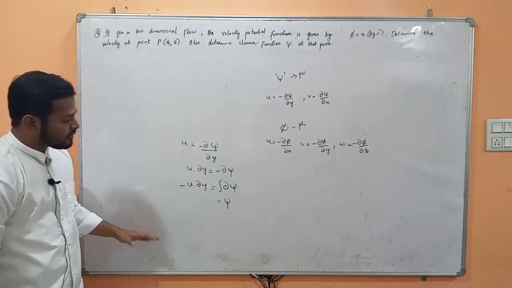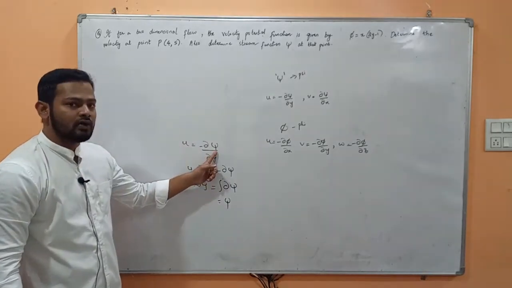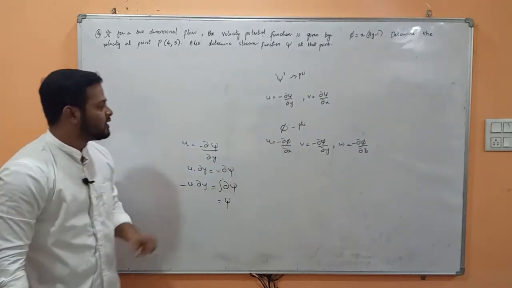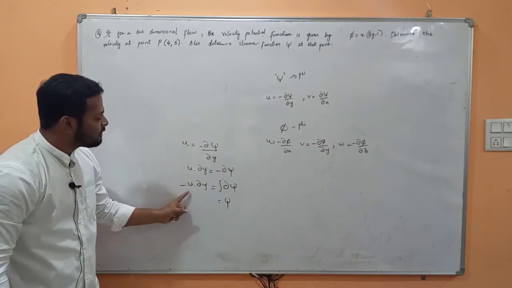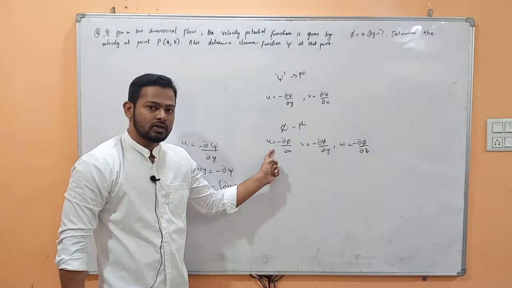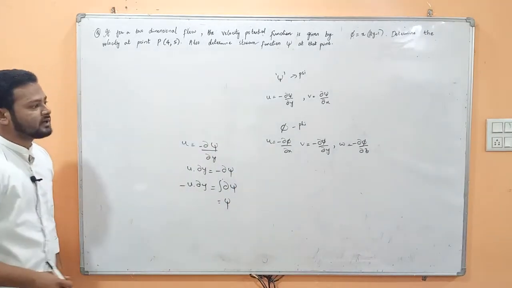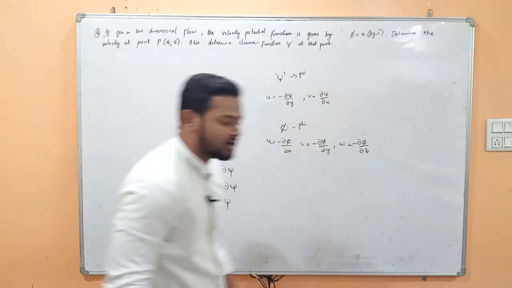That is called the variable separable method, which we will be using while solving these types of problems. And the next type of question which is possible is that psi will be given in the question and you have to find out phi. Once we get the value of u from psi, we can substitute this value in this equation and we will get the corresponding values. Once I start explaining those problems, you will be able to understand in a clear way.